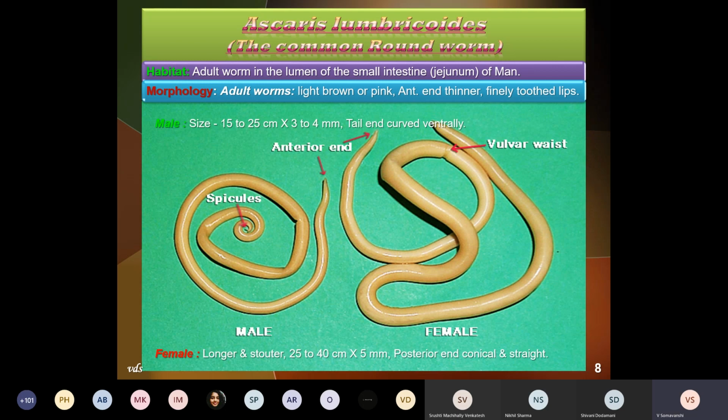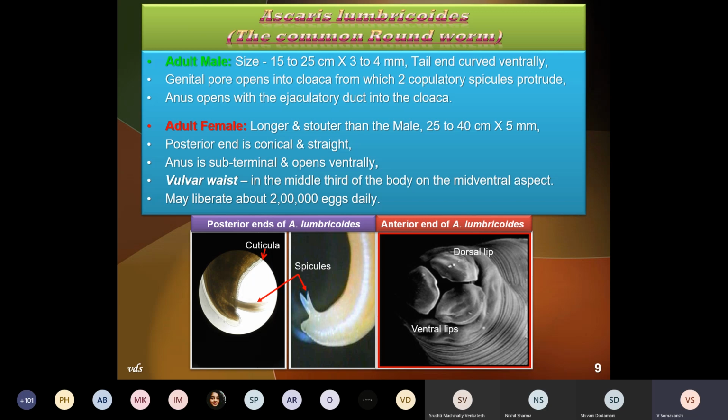Size of the female: it is longer and stouter than the male, 25 to 40 centimeters in length by 5 millimeter. The posterior end is conical and straight. Then, the adult male, according to the size, 15 to 25 centimeters by 3 to 4 millimeters, tail end is curved